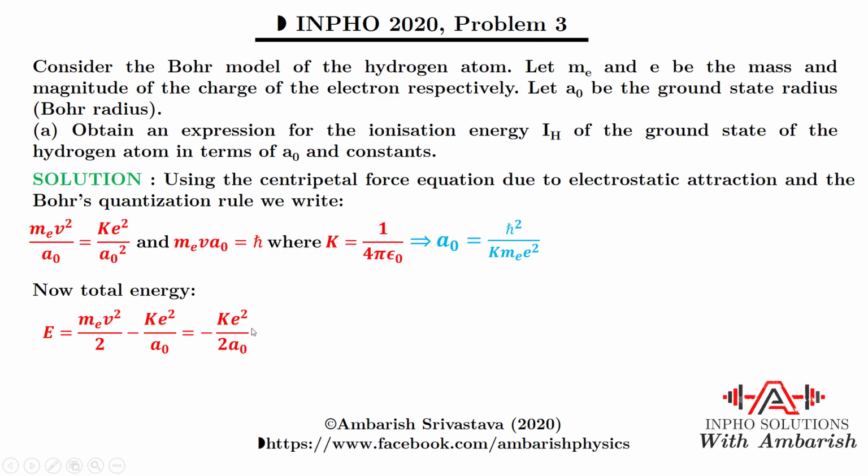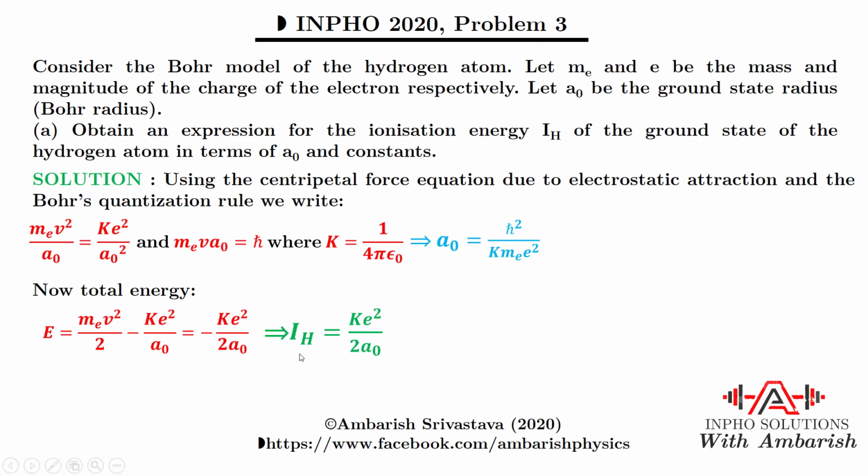And when we are talking about ionization energy, it means that we want to remove the electron all the way to infinity, and when it is at infinity, you know that the total energy will become 0. Why? Because k q1 q2 by r, as r goes to infinity, becomes 0. And kinetic energy is also 0 at infinity. That's the standard Bohr theory, you know that at infinity the energy is 0. So we can straight away say ionization energy will then be final energy minus the initial energy, and that is IH is k e squared by 2 a0. So keep this result in mind.